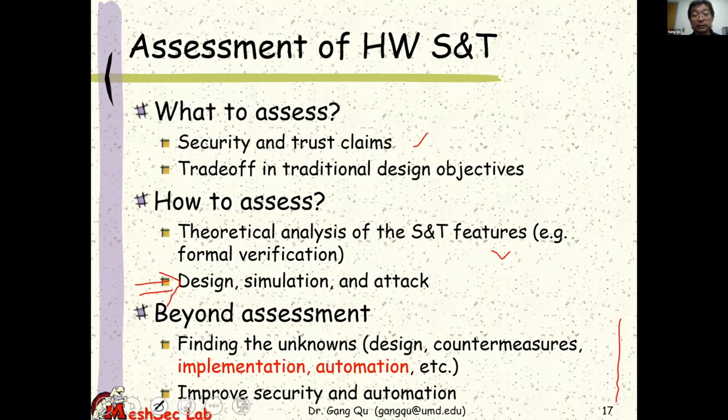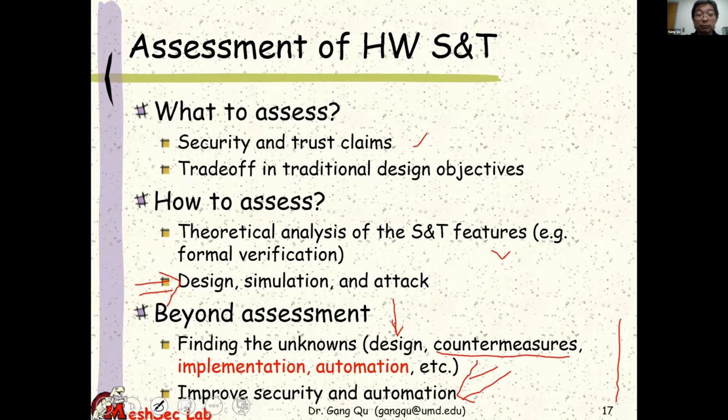And then indeed, the ultimate goal is trying to improve the security and automation of this ACE program. And when I talk about finding the unknowns, we're talking about the design. So whether there's any unknown, for example, vulnerabilities which people have not identified before, whether in these countermeasures that the two ACE teams have decided to implement in their platform, whether this will introduce any new attacking surface.